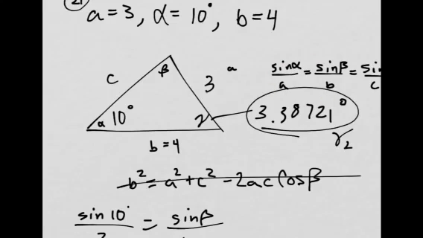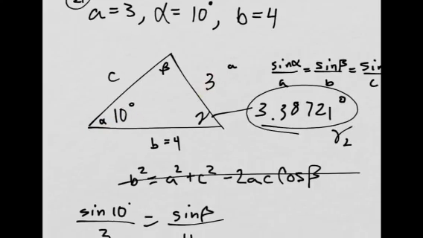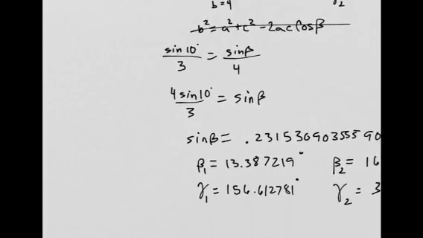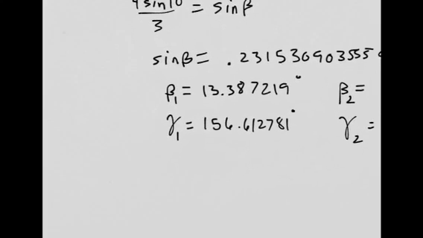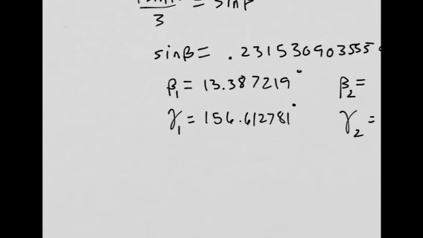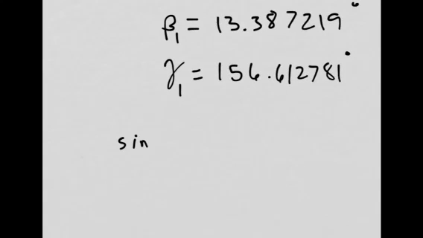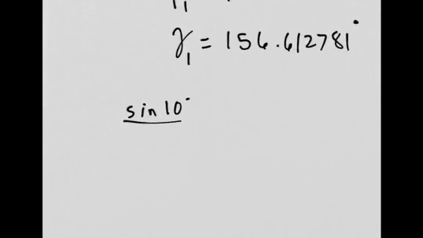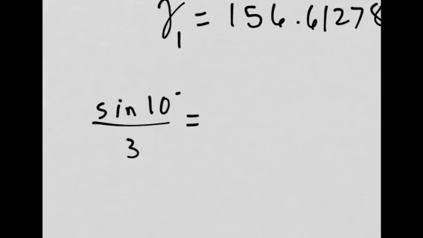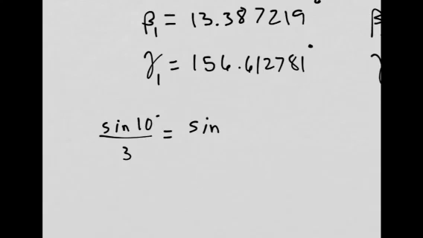So we have gamma, so we can do gamma over C, because we don't know C. We have A, or alpha, and A, so I'd set that up and find C1. So using those two things, what would I write? I'd write sine of alpha, which was 10, over 3,